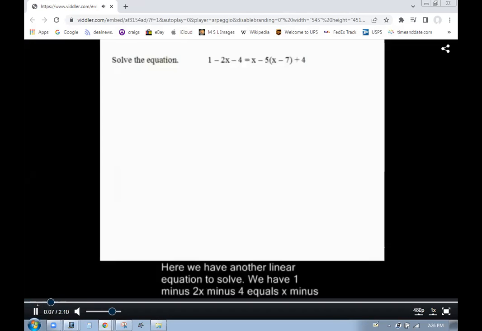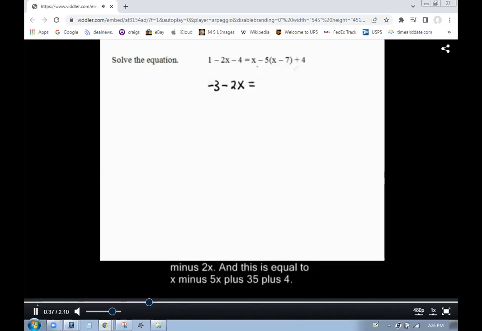Here we have another linear equation to solve. 1 minus 2x minus 4 equals x minus 5 times the quantity x minus 7 all plus 4. I'll simplify each side separately to make the equation simpler. On the left, I'll collect like terms. 1 minus 4 is negative 3. So we have negative 3 minus 2x,